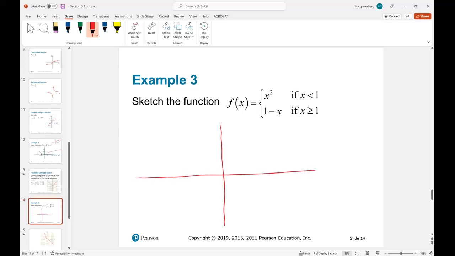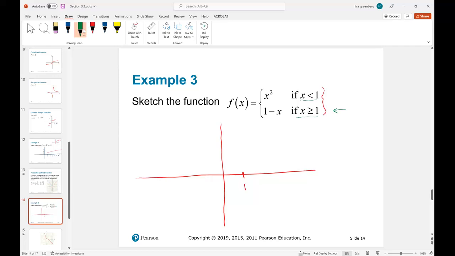So 1, as we can see from here, is going to be the dividing point of these two pieces, right? So I want to know, for example, when x is 1, which one of these am I choosing? Well, I'm going to have to choose this, because this is including 1 and this is not including 1. So if I want to know what y is when x equals 1, I have to look at this bottom